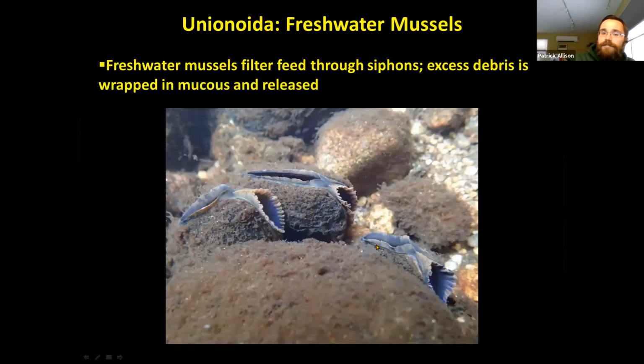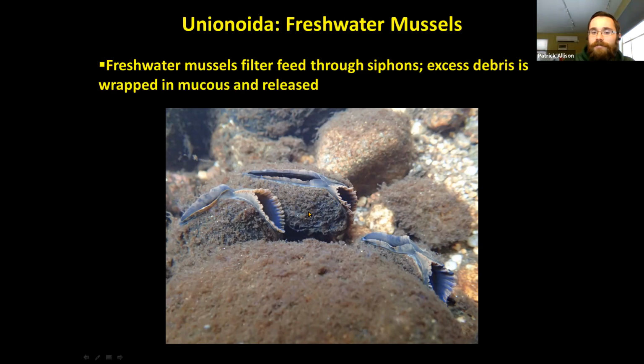freshwater mussels filter feed through siphons. So they have two different types of siphons. They have an in-current siphon, which is the side siphon right here, and an ex-current siphon that is up at the top. What freshwater mussels will do is that they will basically aim their bodies so that the in-current siphon is facing upstream and water is going to be flowing downstream and into the in-current siphon,